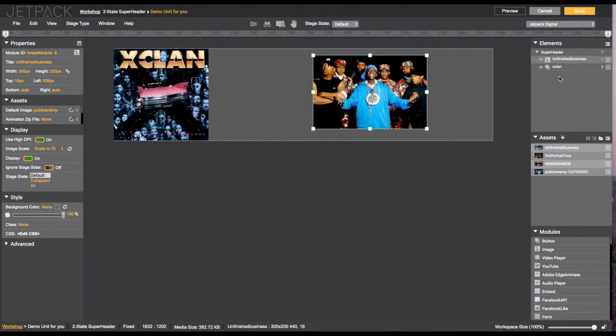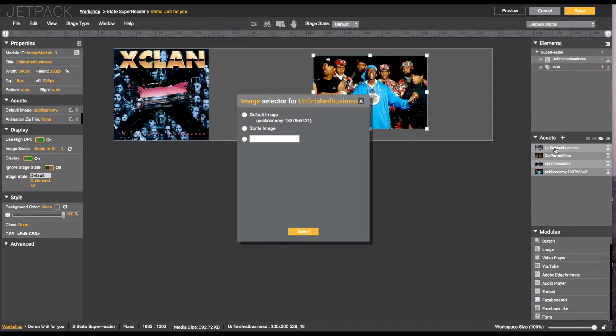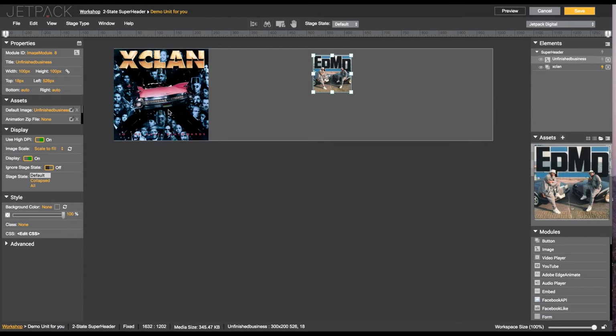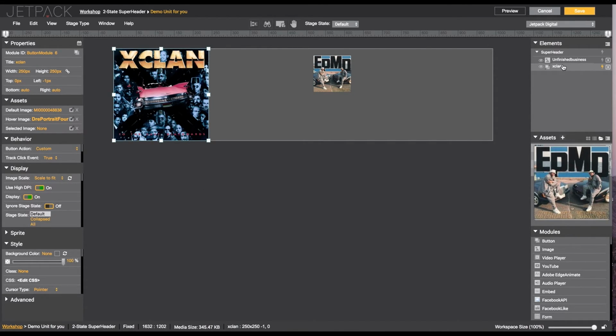Now if I, again, swap unfinished business for the EPMD album cover here, my media size is going to drop. I think Dr. Dre is the big, let me unassociate Dr. Dre. Media size dropped to 75K. So that gives you a little indicator of size, as well as position. This is at -1 and 0, which maps